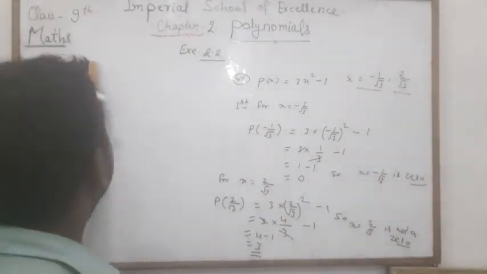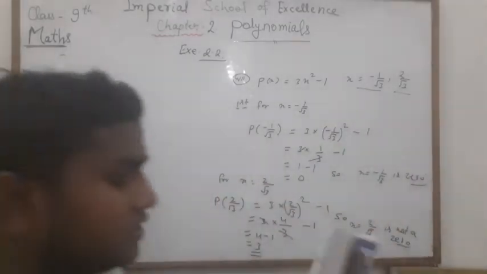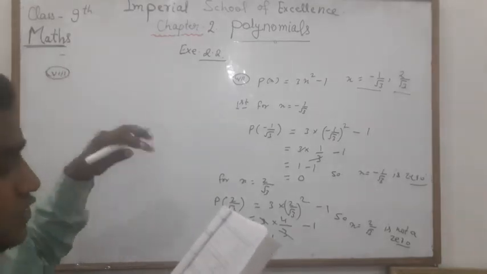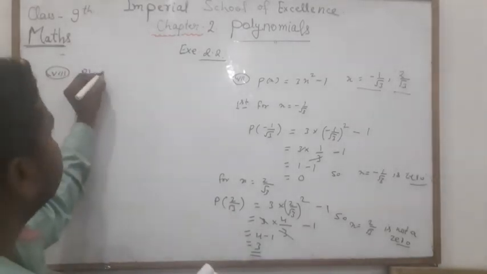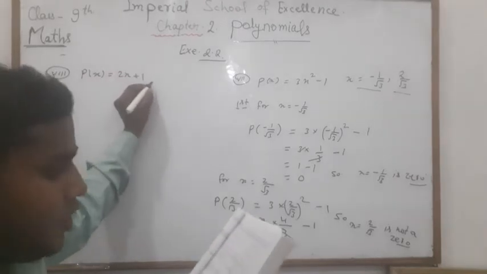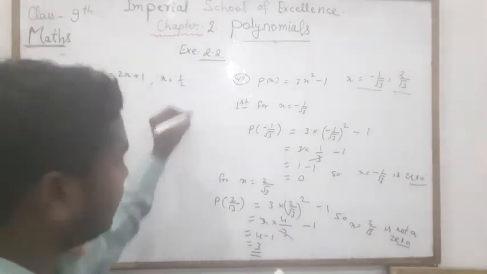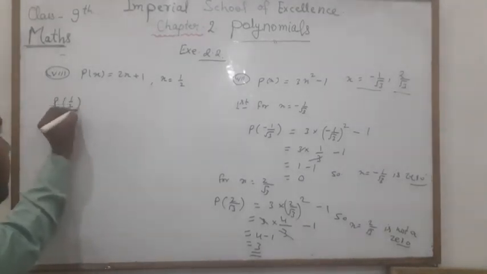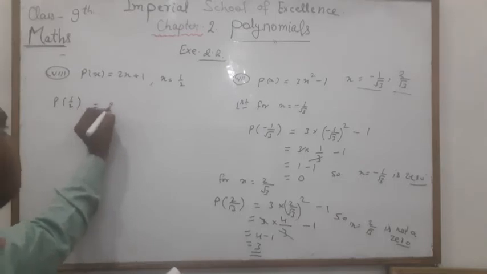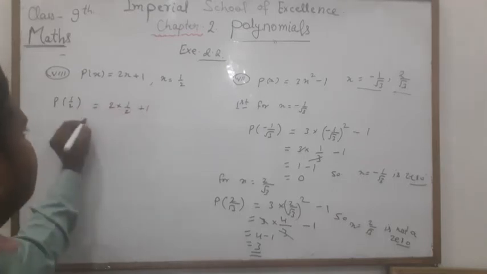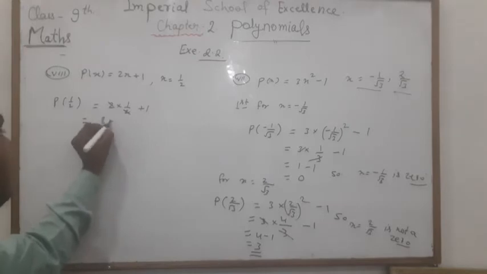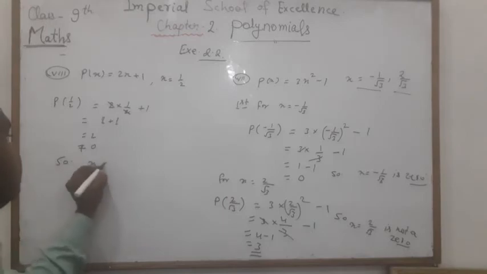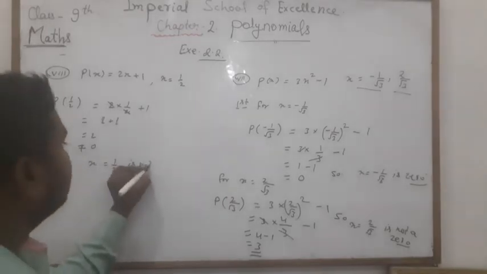ओके, सो लेट्स डू दिस क्वेश्चन नंबर 8. आई एम डूइंग दिस क्वेश्चन नंबर 8 फॉर यू एंड देन आफ्टर वी विल मूव टू द नेक्स्ट एक्सरसाइज. नेक्स्ट क्वेश्चन, p(x) this is equal to 2x plus 1. okay, and here x is equal to 1/2. see this p(1/2). so what it will be here, this is 2 into 1/2 plus 1. so what it will be, 2 से 2 कट गया, this is 1 plus 1 and it will be 2 which is not equal to 0. so यहाँ लिख सकते हैं x is equal to 1/2 is not a 0